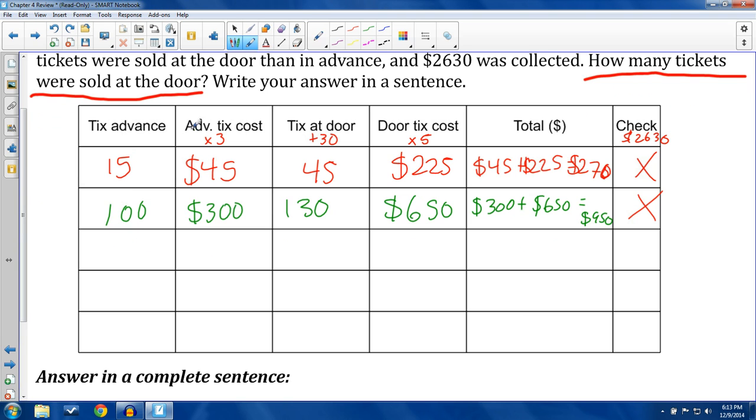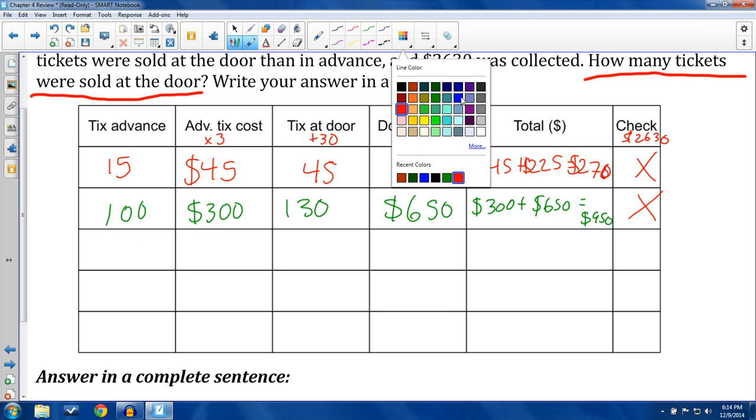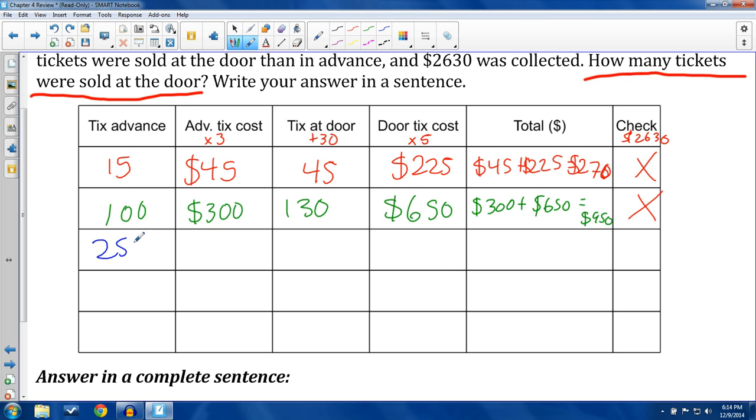I'm going to look at 200. In fact, that still might be too short. Let's go and look at 250. I'm not sure what it's going to be at, but let's look at 250. Let's start going higher here. Let's aim over this time so we know what we're in between instead of saying where is our ceiling, right? How high does it go? 250 times 3 is $750. Now we're talking, all right? 250 plus 30 is 280. 280 times 5,